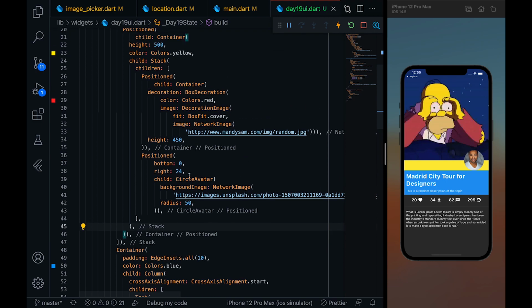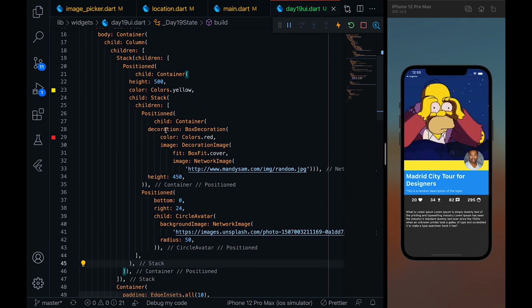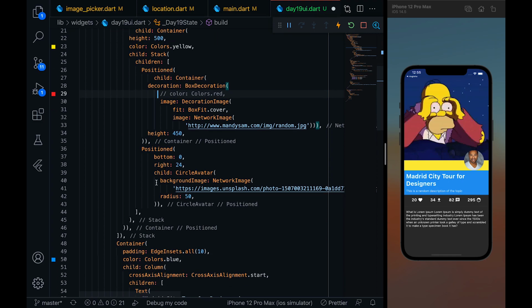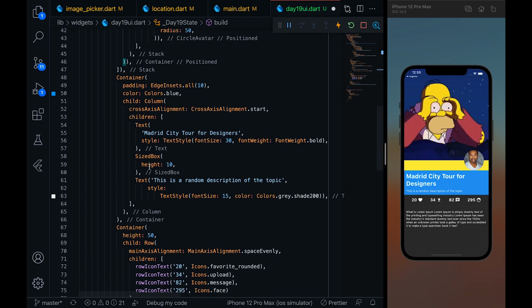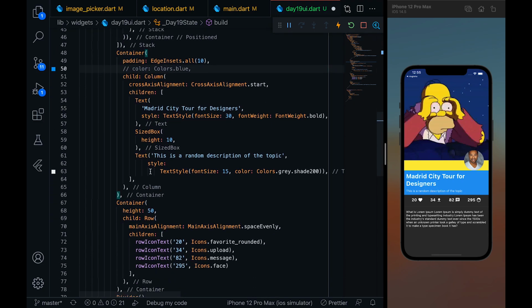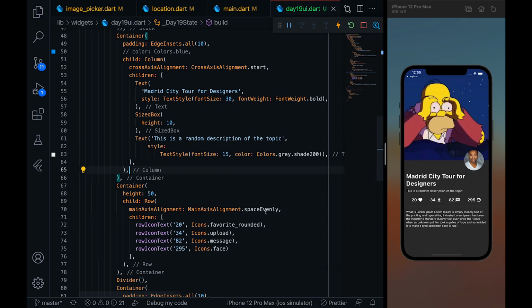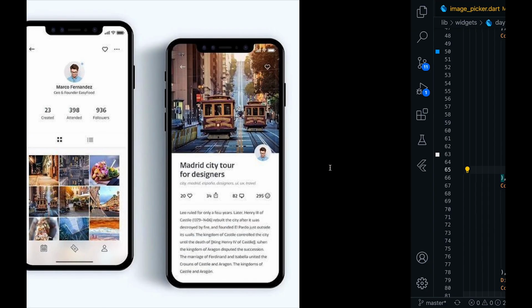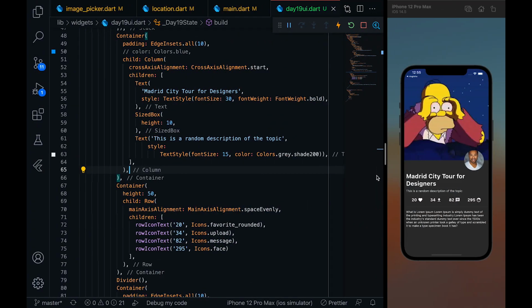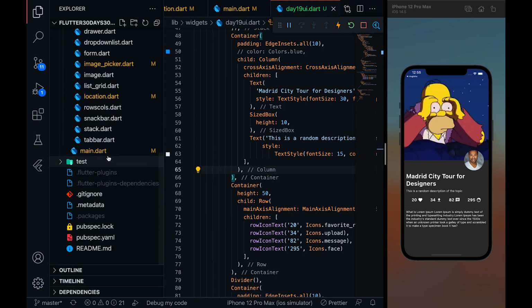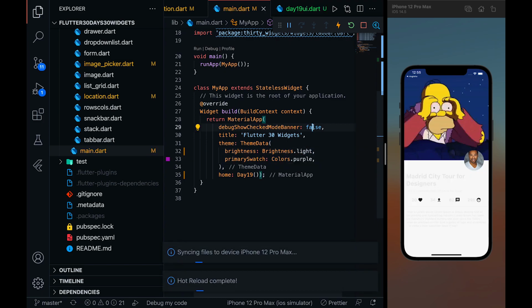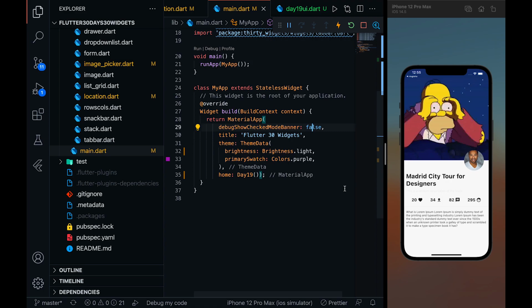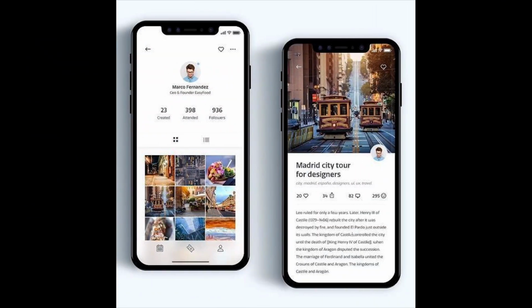Now I can just remove that yellow thing. So comment that yellow color. We can comment this red color. We can comment that yellow color. It is over here. I can also comment this blue color. So let's just comment it. And if I just save it, you're getting that we are like 90% touching this UI. Just the UI is in dark theme. So let me just do one thing. So let me just go to main.dart and make the theme as light theme. If I just save it, you can see that the things are pretty much same and anything, yeah.